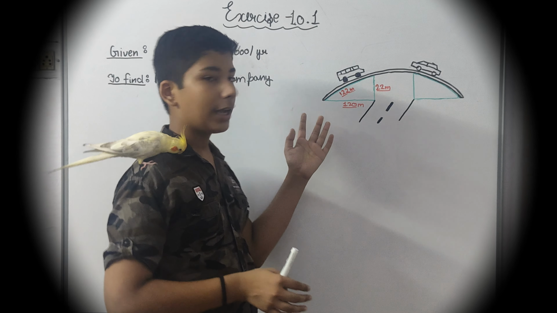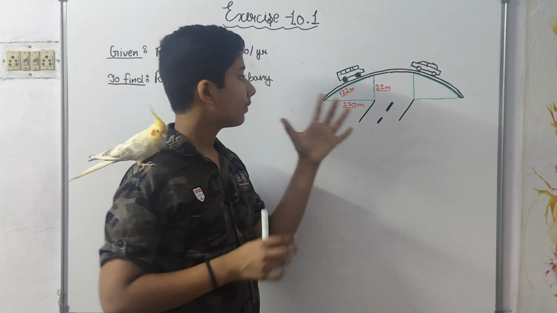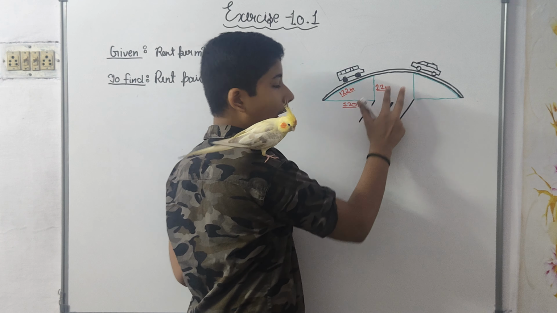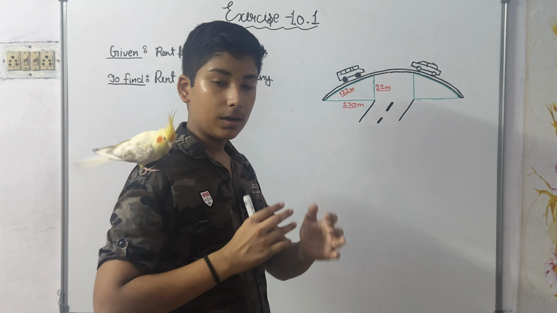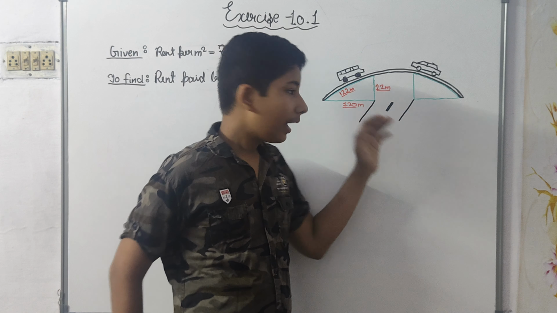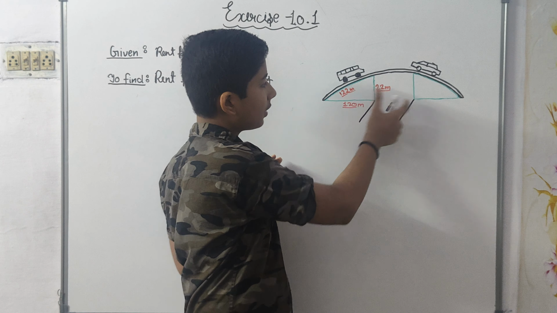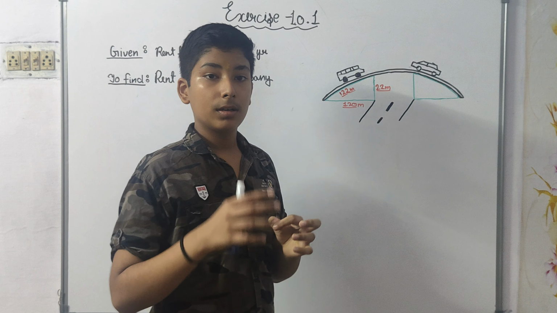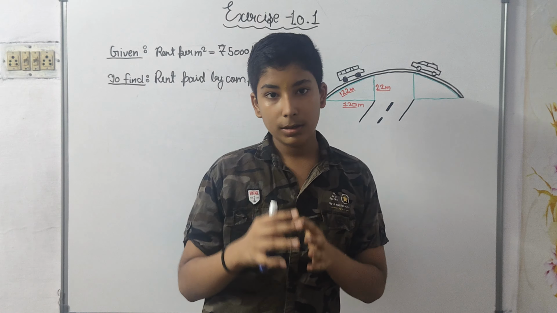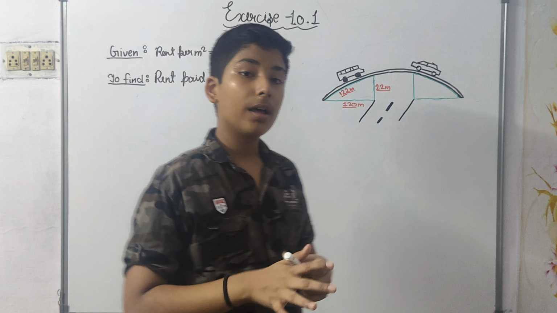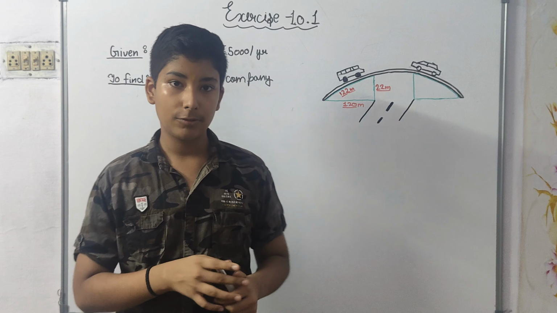So now, in our next question, it is given that there is a flyover on which the cars are going. There is an underpass from the downside of it, and so that's why there are triangles formed. In one triangle, there is an advertisement space, an advertisement wall, and one who wants can advertise.